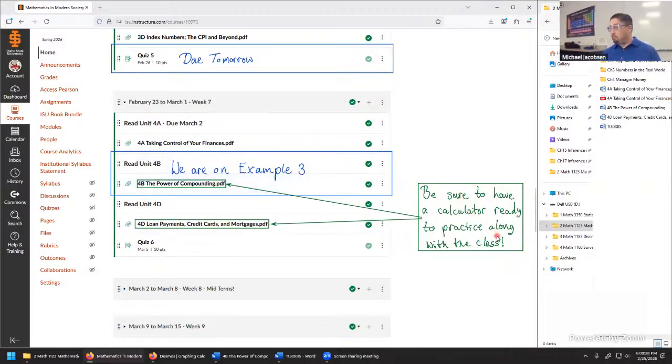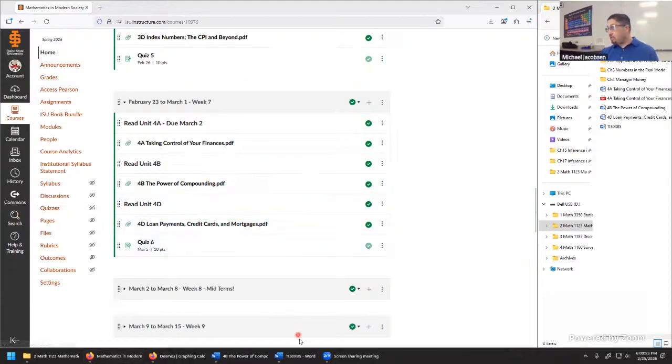So the calculator is really kind of the big emphasis on both of these units, 4B and 4D. We'll be practicing with it really carefully when we're doing it in class. And that will get you a lot of help and support when you're doing this, say, as a MyLab problem. MyLab can be kind of punishing because of rounding errors. We can't round intermediate computations whatsoever. And because of that, it's highly recommended you have a calculator, say,